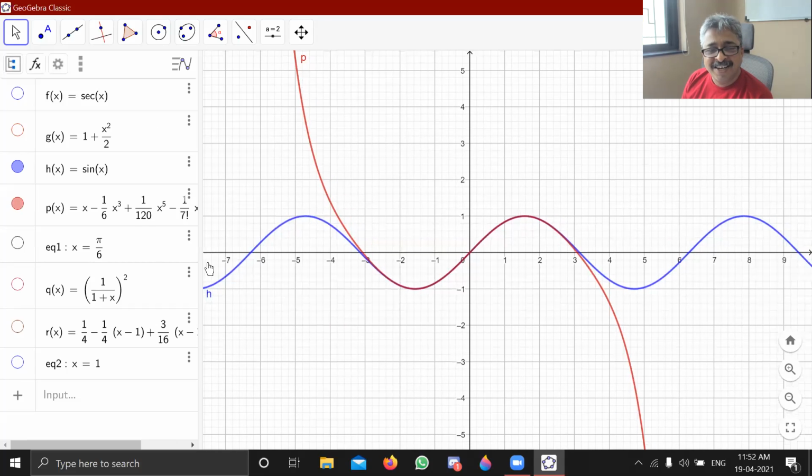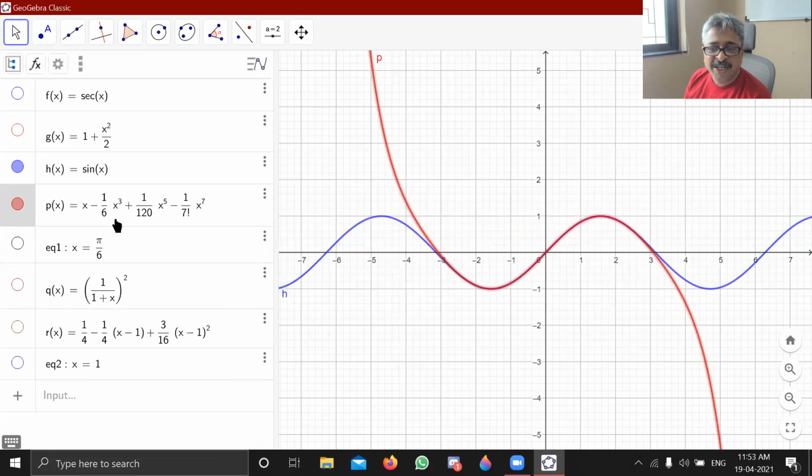Now, there is one flaw here. The flaw is the basic sine curve, the blue curve, which is drawn there in GeoGebra, is also being drawn using this technique. Therefore, it will keep on matching, and they must have programmed it in such a way that they have taken some 100 terms in the approximation, and therefore we can see the sine graph the way we want to see it, and we call it sine, but it is actually the Taylor expansion only.